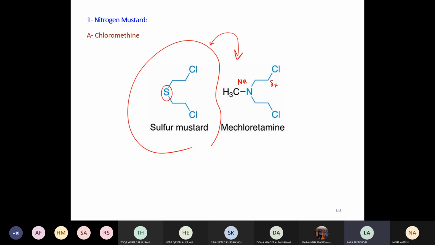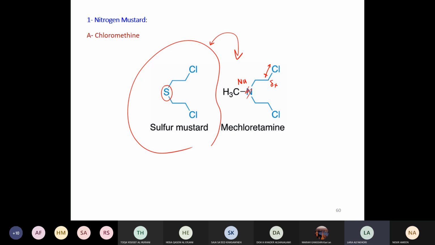Now the carbon-chlorine bond is a polarized bond, meaning the chlorine, being more electron withdrawing, can easily withdraw electrons towards it, leaving this carbon partially positively charged. And add to that, the chlorine can leave. Of course, it's not as great. If the nitrogen weren't there, this compound could react with water, but only to a slight degree. But when I add the nitrogen, it becomes way much better.